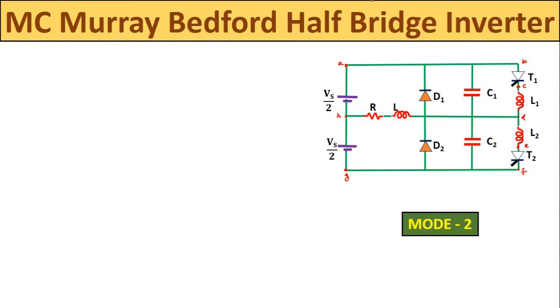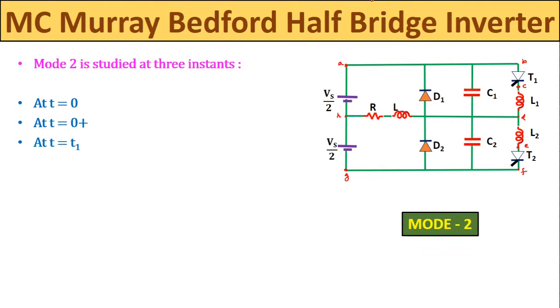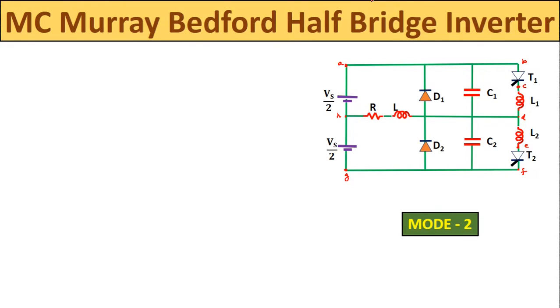Now we will understand the second mode of operation. The second mode of operation is studied at three instances. First one is at time t is equal to 0, second at time t is equal to 0 plus, and third at time t is equal to T1. So first we will take at time t is equal to 0,